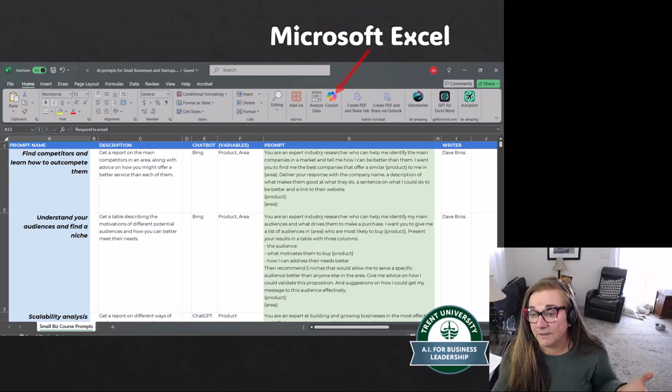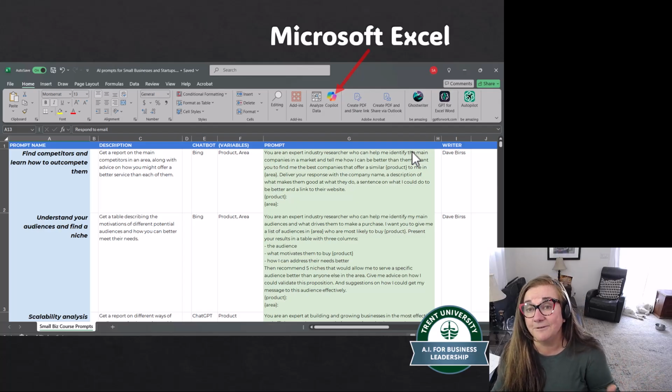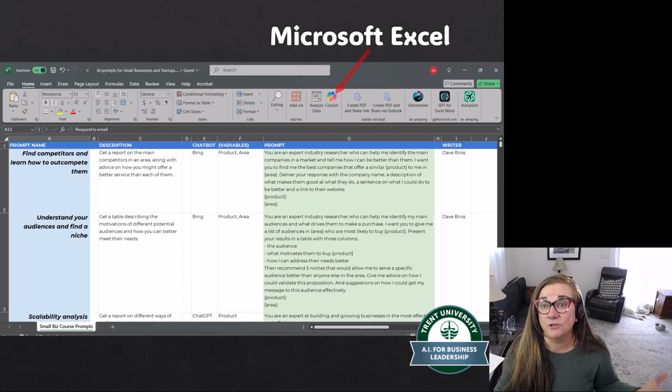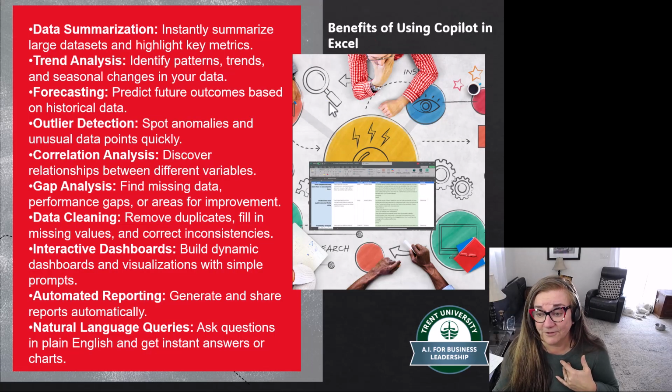When you open up the Copilot on the side, it'll also give you advice. Would you like me to show you this? Would you like me to create a new report? Would you like me to create a new chart? And it starts creating new things for you. It's very powerful. If you have it embedded, I would click on it and just see what it can do for you. So here are some benefits for using